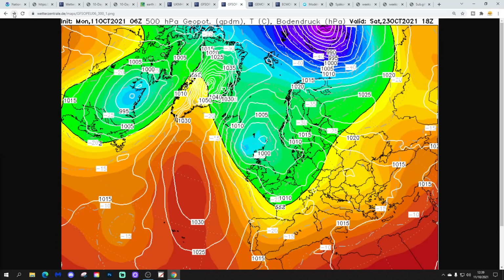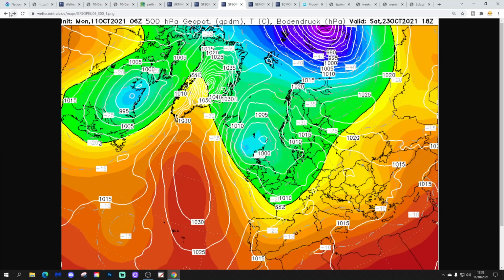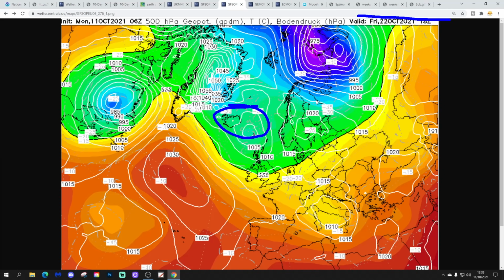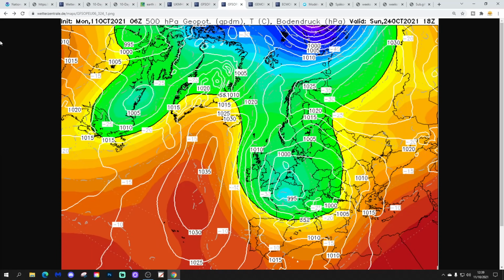And then bringing extended range with this GFS run, we get a diving low moving in from the north. So notice how this low pressure is around Iceland as we're at Friday, the 22nd of October. That low pressure then starts to dive southwards, so that by Sunday, 24th of October, the low is actually across northern France and the Low Countries, bringing in the wind from the north-northeast. So that's turning colder, but it's also unsettled